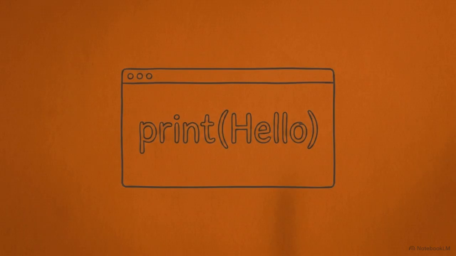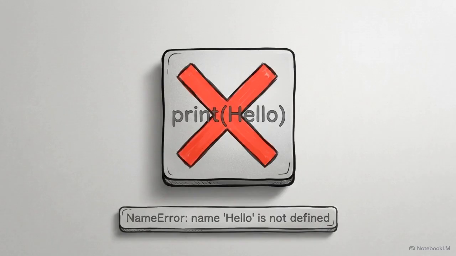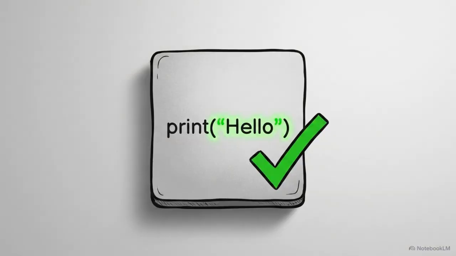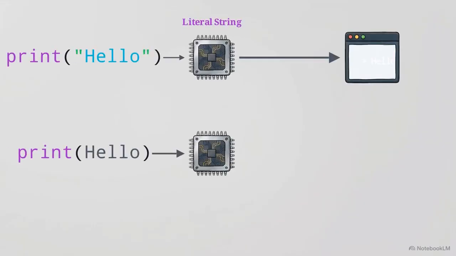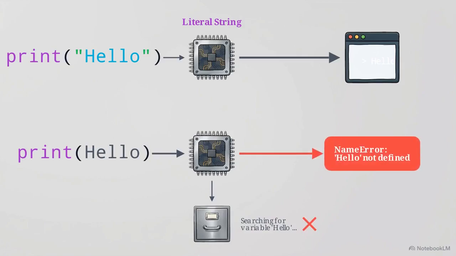But you have to be precise with your syntax. If you type the word hello without quotation marks, Python thinks you are trying to print a variable named hello. Since that variable doesn't exist, it throws an error. Wrapping your text in quotation marks tells Python to treat it as a literal string of text. The presence or absence of quotation marks is the only way Python knows whether it should display a message or